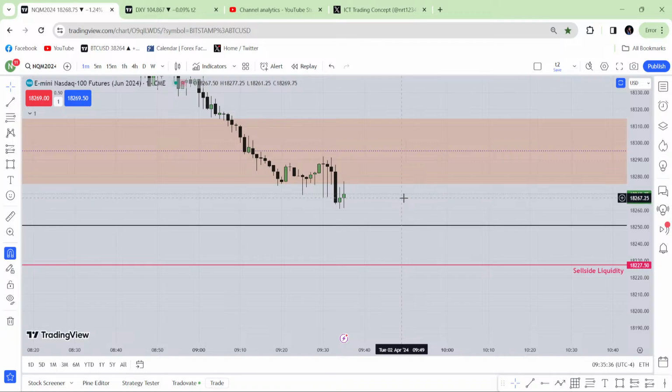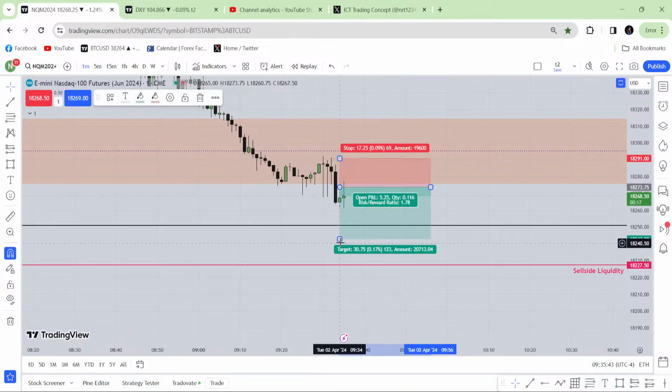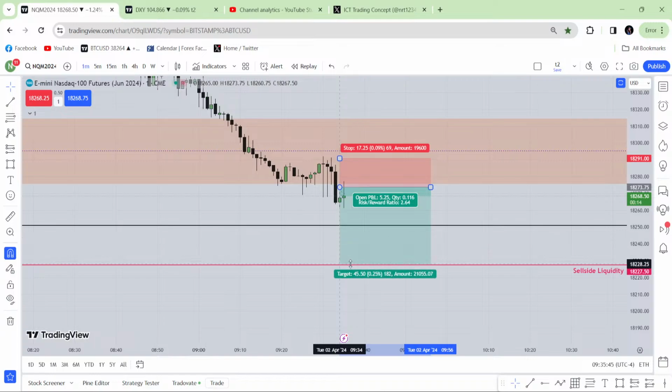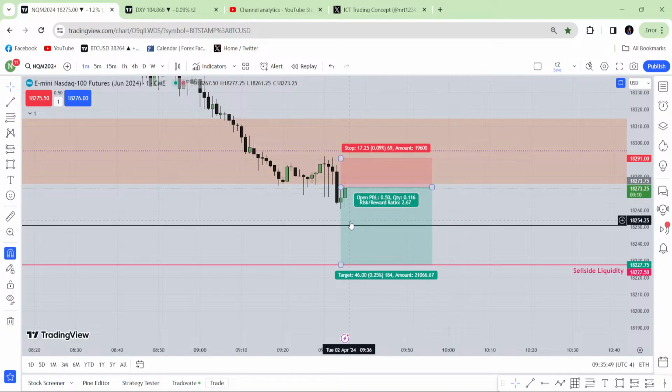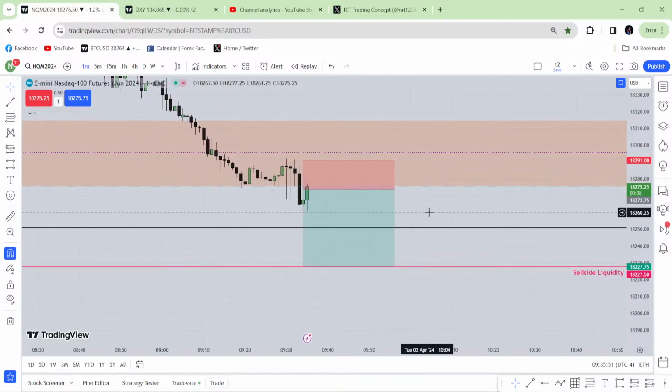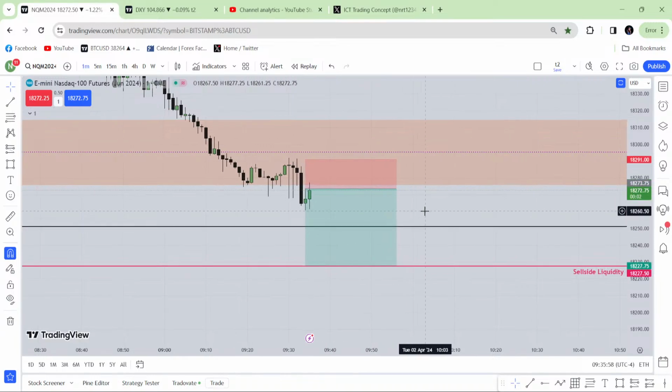My mind is telling me to take a revenge trade, but I don't want to take a revenge trade. I'll just see if it works or not. I'm not going to take this entry, but I would love to see whether it's working or not. I'm only looking for buy, okay? I don't care even if it comes here. I'll just see it